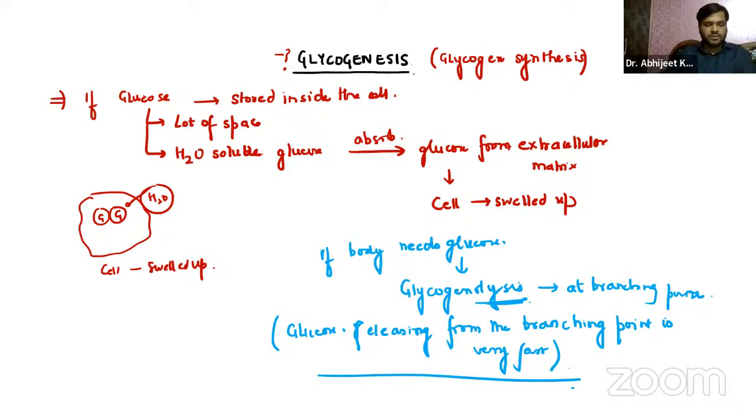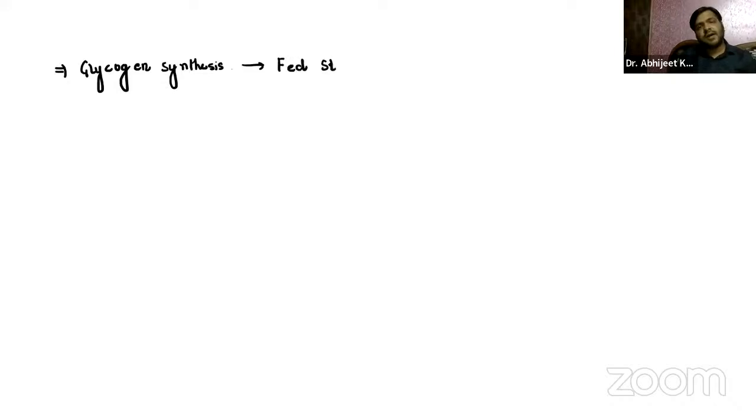Now, glycogen synthesis, guys. Glycogen synthesis basically occurs in the fed state. And which hormone in the fed state, guys? You already know it is insulin. I've already discussed this earlier also, right? Insulin, right? Now, what happens now? This glycogen synthesis or glycogenesis,